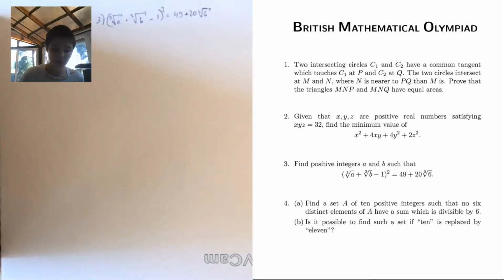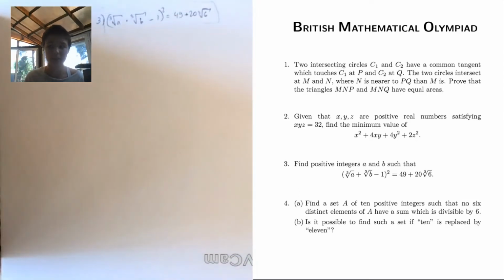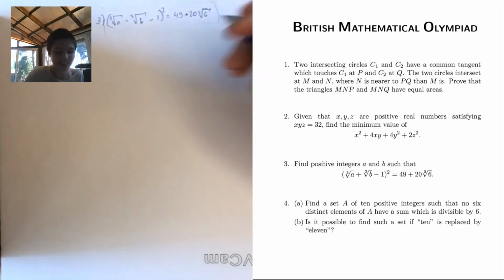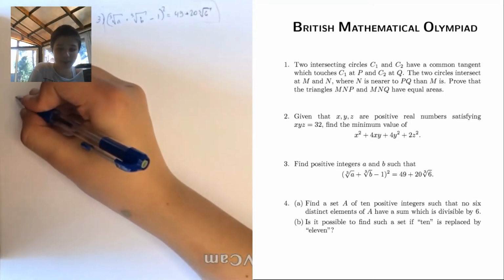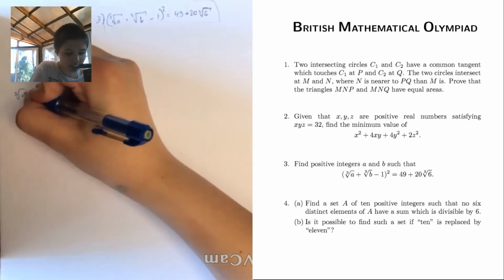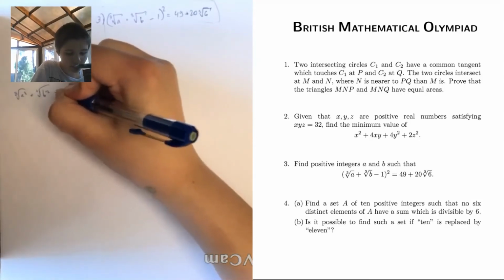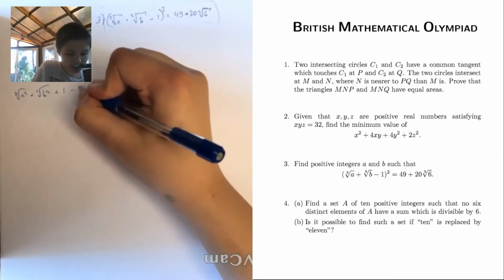Number 3, you're supposed to find an A and B such that this equality holds, and A and B have to be integers, positive integers, I think. And so the first thing to do is see if you can come up with anything smart and interesting, and if you're like me and you can't, then you start expanding brackets, which is, I think, one of the most amazing things in maths. So you get cube root A squared plus cube root B squared plus 1 minus 2